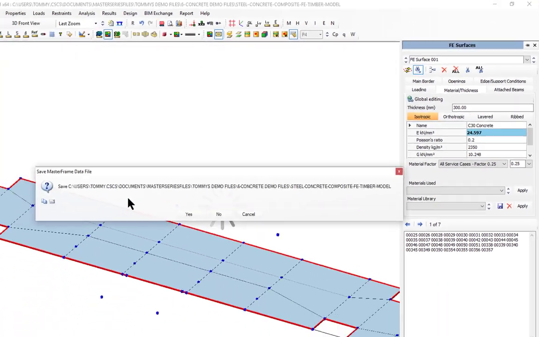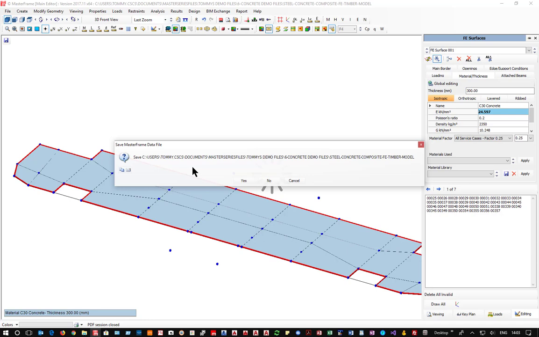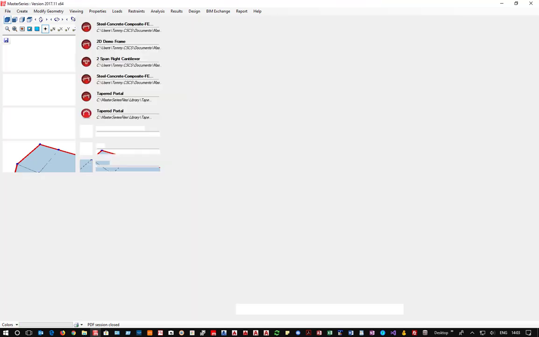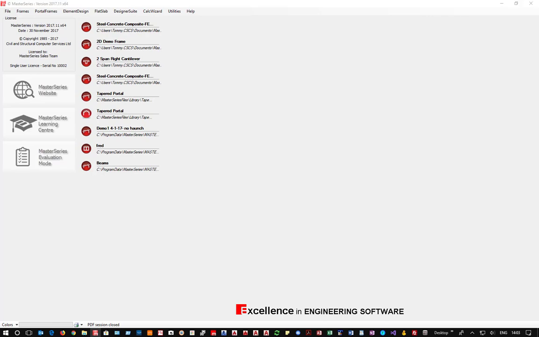So that is the different aspects of designing concrete frames in the MasterSeries. Now, I have some questions, and some of the questions are very, very useful, so I'm going to go back through them,